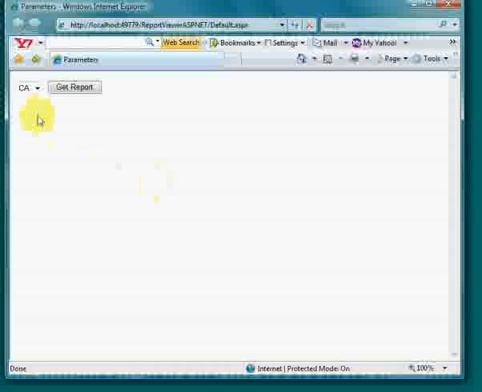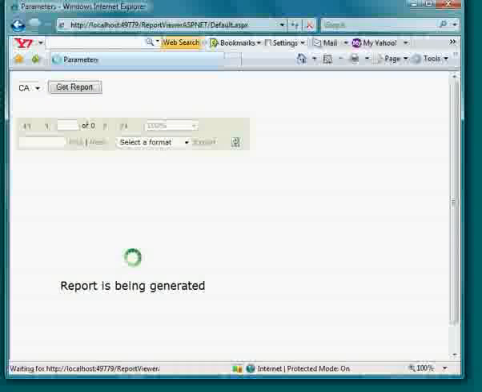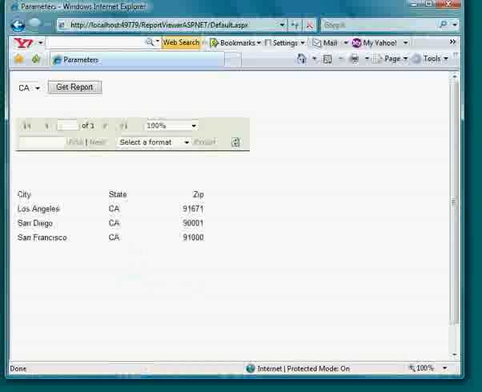First, when you load it, you're gonna have a drop down list. In this case we have CA and GA, that's two states, and a button. Let's try it. As you can see, we have our state, California. Now let's choose Georgia